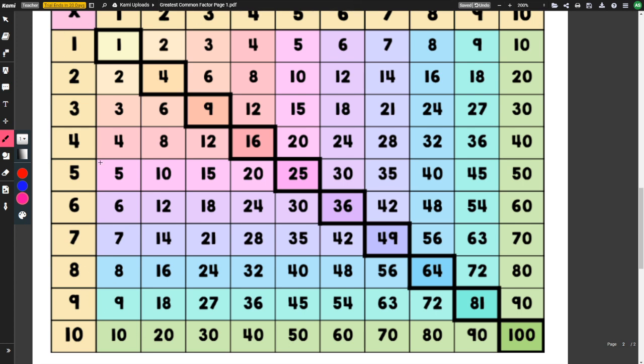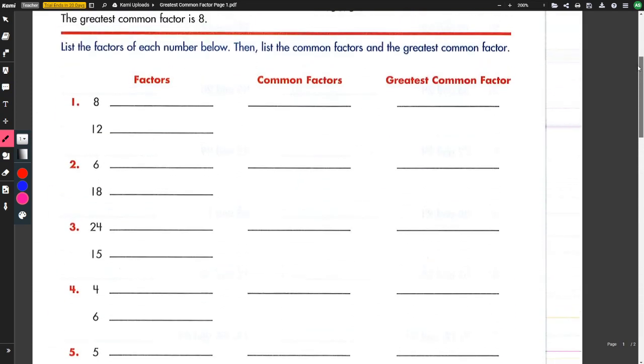You're going to look in the middle. So I can see that I have an 8 here, so it's 1 and 8. I have an 8 here, so I have 2 and 4. Another 8, but that's also 2 and 4, so they're the same. And this is 8 and 1, so those are the same. So my factors for 8